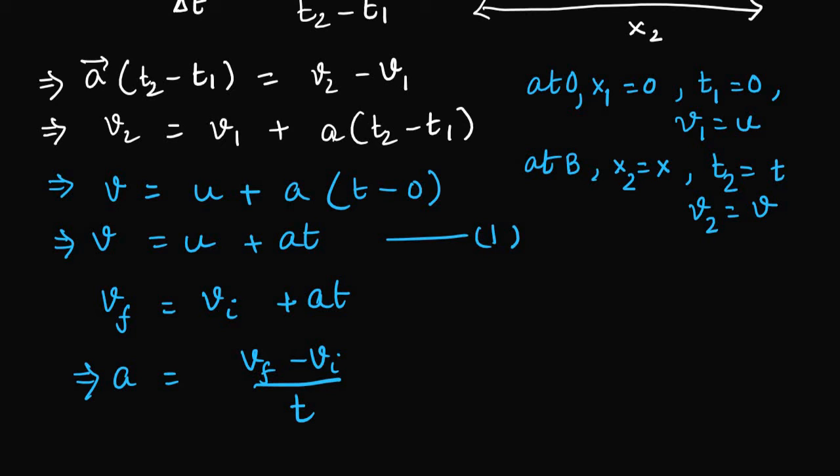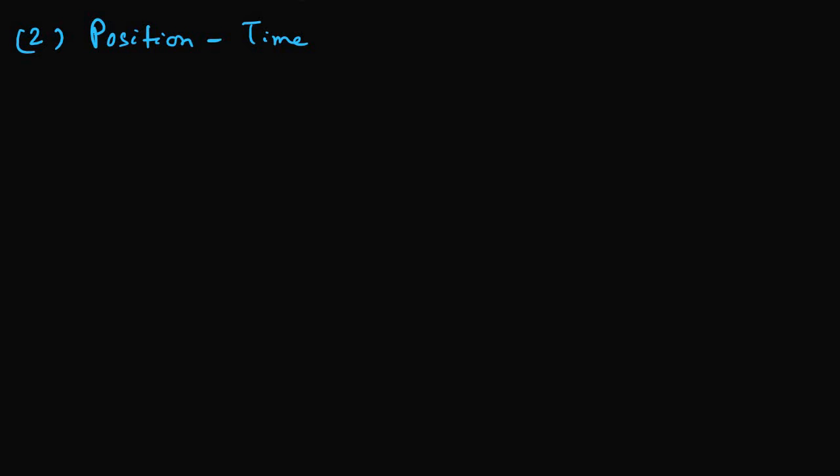This is another equation, which I'll be writing as equation 1a. It is very helpful if you know the final velocity, initial velocity and total time taken, because you can find the acceleration. Of course, the direction you have to mention afterwards. Remember, the acceleration will always be in kilometer per hour square or meter per second square, according to the question given. Then we will move on to the position-time relation, which is very important for the second one. Now, if we are taking the position-time relation, we can simply say what is the velocity.